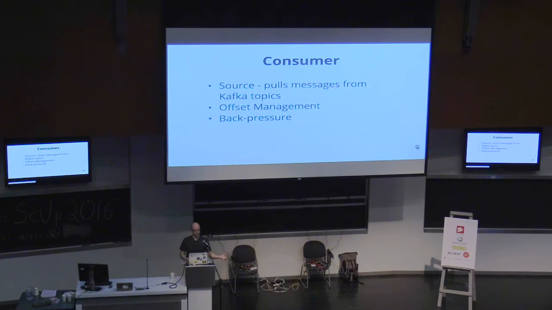If it receives back pressure from downstream, it simply stops asking Kafka for new messages, which is really nice. It works really nicely with Kafka's pull model. And when it's materialized, you get a control object back that you can use to stop the consumer and complete the stream. Like the producer, the Kafka resources are managed automatically. When the stream starts, it connects to Kafka. When it stops, it just stops consuming.